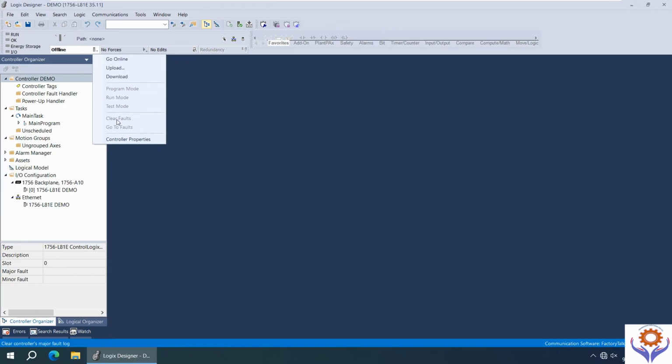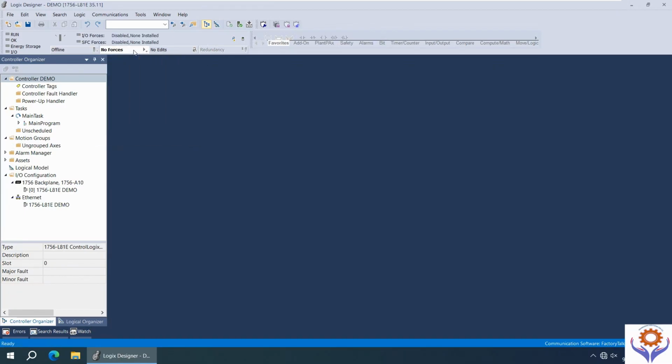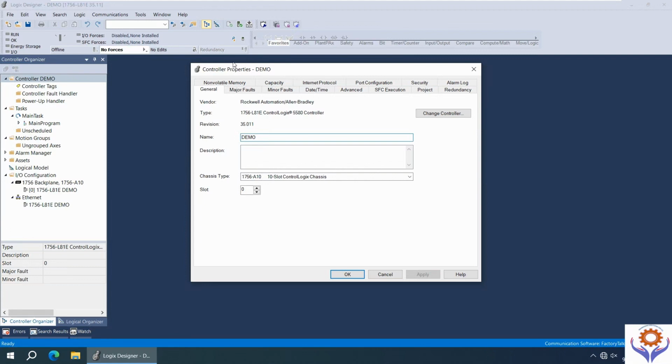This is for the components for security purpose. And if you go further down, you can find here run, OK, and you can select the options here. See here, go online, offline, upload, download, run the program, program mode, etc. If you go further, this